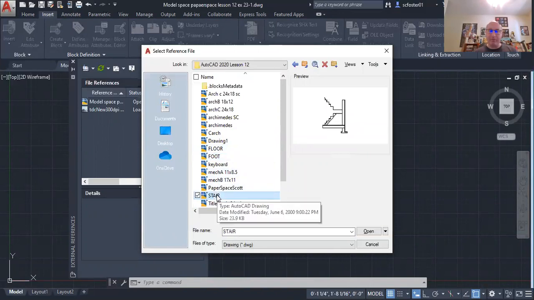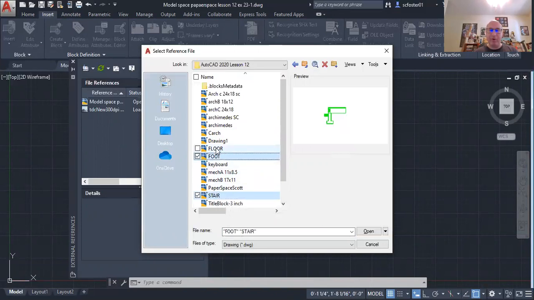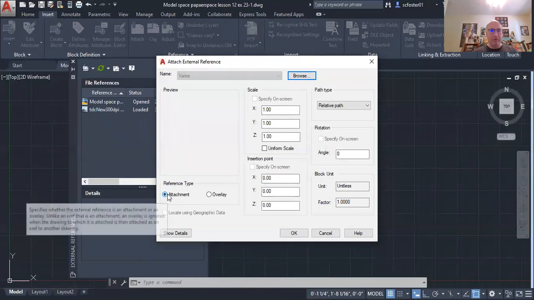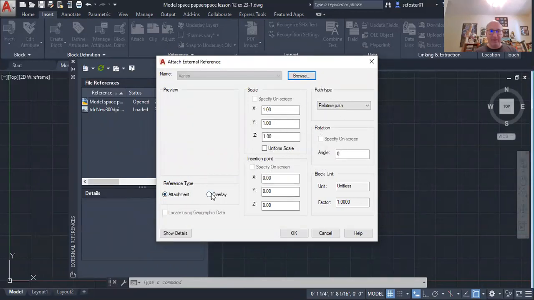Now with XREFs, if you hold down Control and left click, you can insert all 3 of those at the same time. I'm going to click OK. When you do that, they all share the same insertion point. They all share the same scale, and they all share the same rotation. You want it to be an attachment, not an overlay. So I click OK,